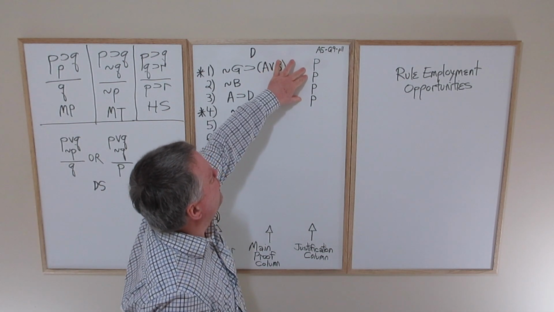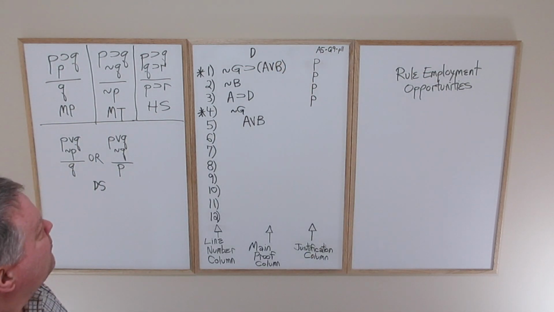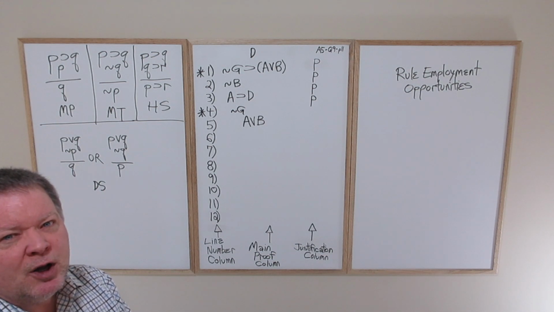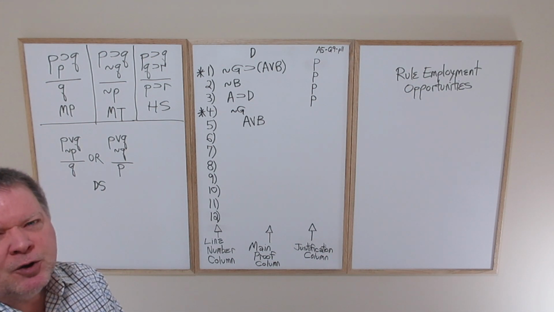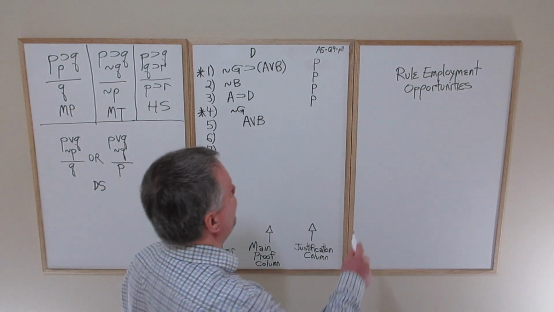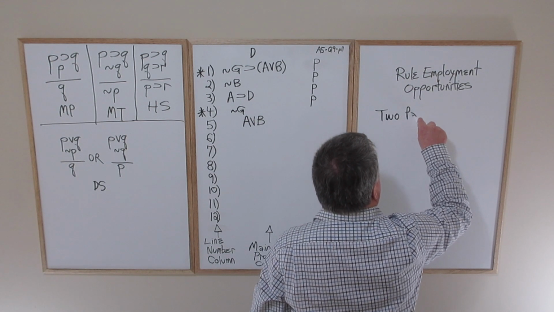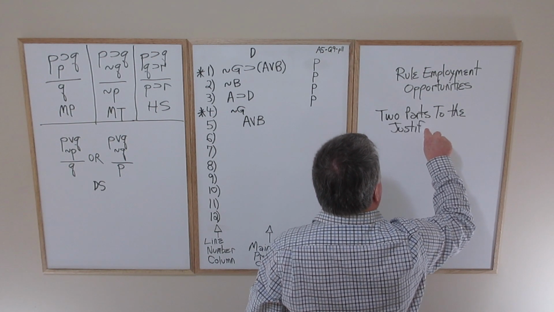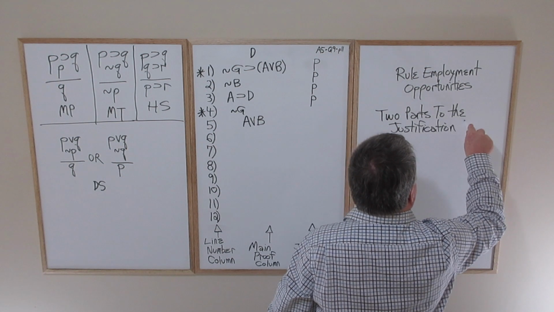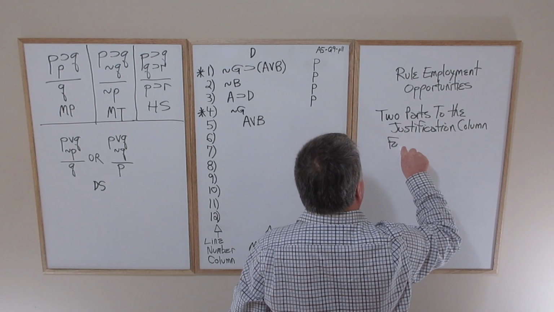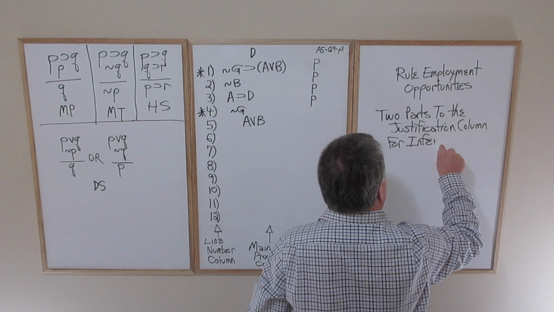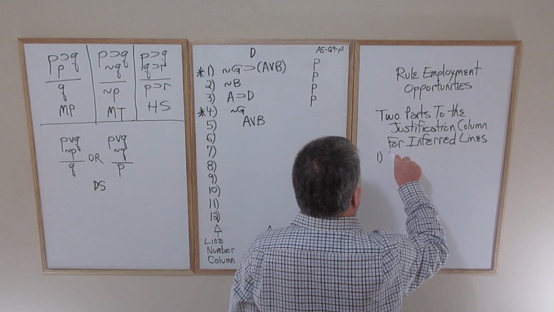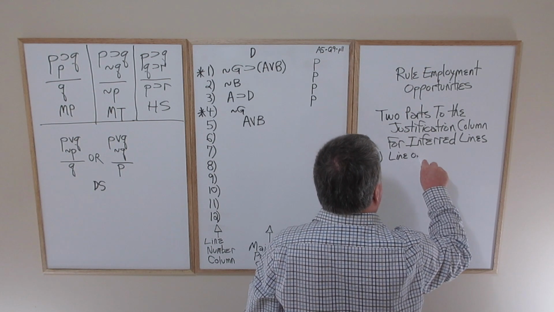So all we can do is put premise for each of the premises, but starting in line 5, where we are inferring new lines of information, there's going to be two parts to the justification column for what are called inferred lines. So the first part is the line or